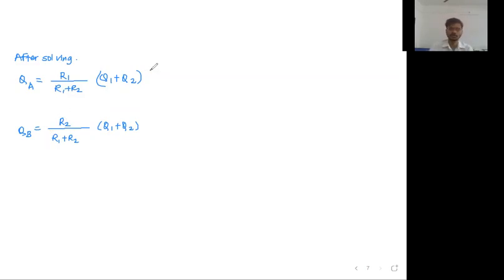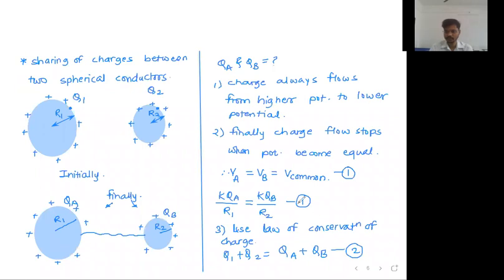Most of the students actually remember this result rather than solving those two equations. These are the types of questions that I am making you familiar with, because theory is slightly different and questions are slightly different. So it's always important that you get familiar with these types of questions. Everyone reply in the chat box.